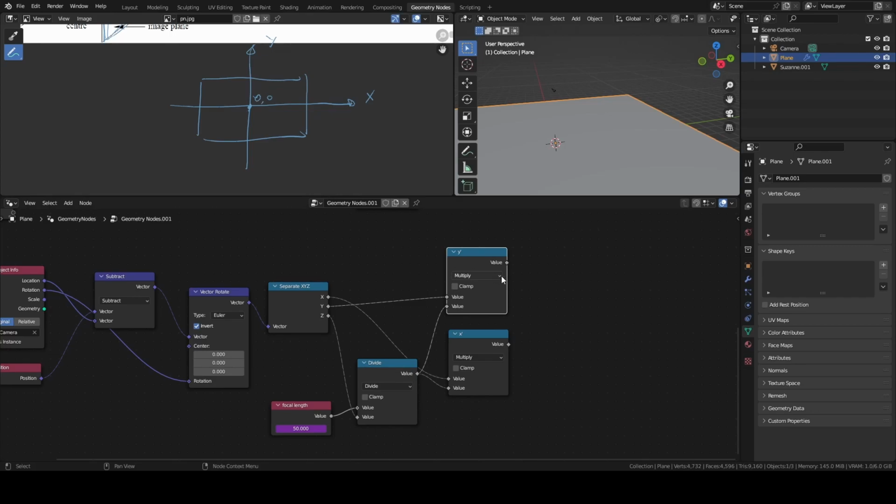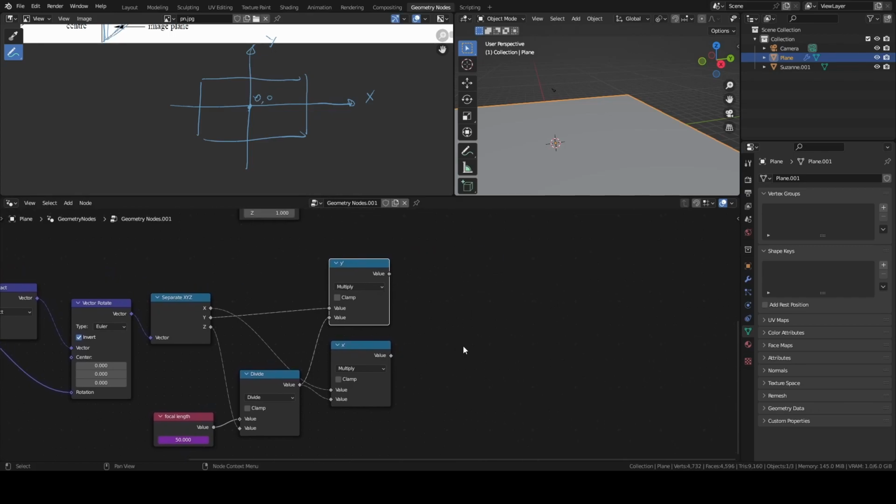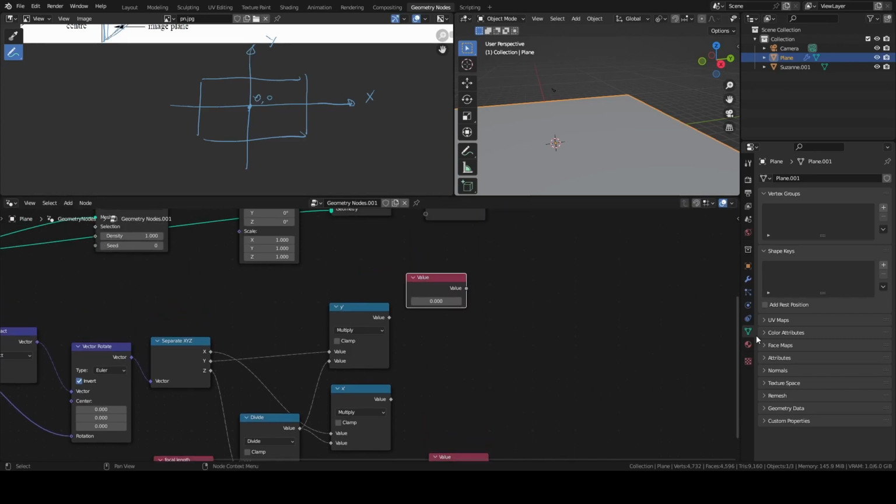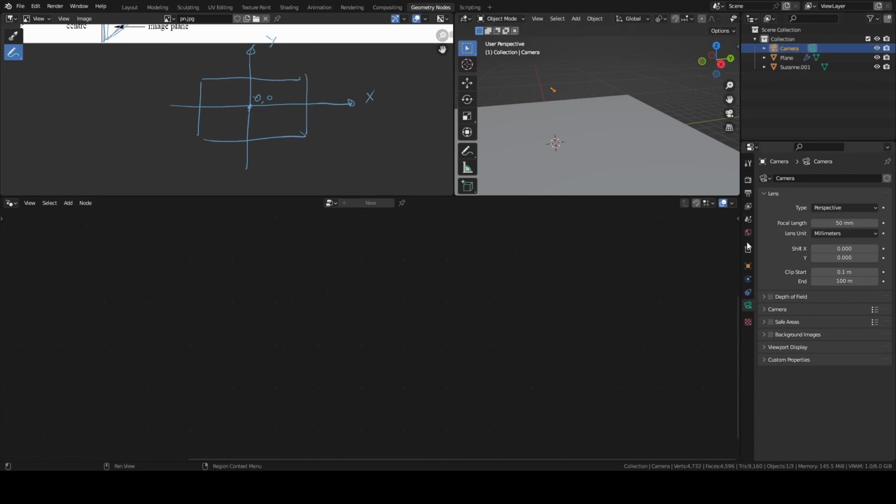And I can find them again in the camera properties. For example, for the width, I just add another value node. I need to duplicate this. Let's select the camera, go to camera properties, open this section, camera. Now there is this sensor fit auto. Let's put it to horizontal, and here it is. Those are the two values we need, width and height.